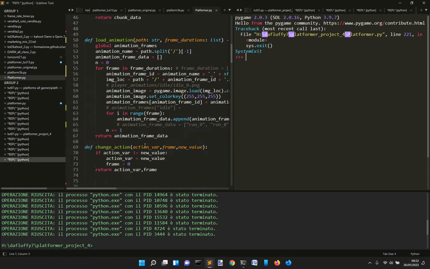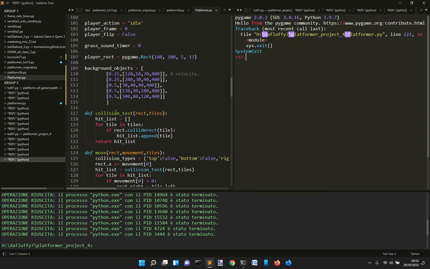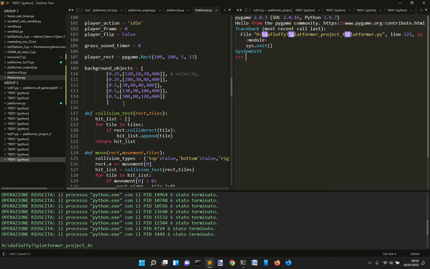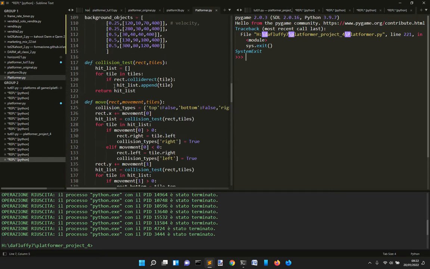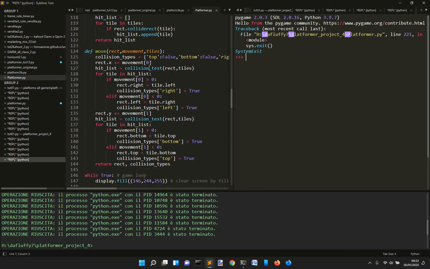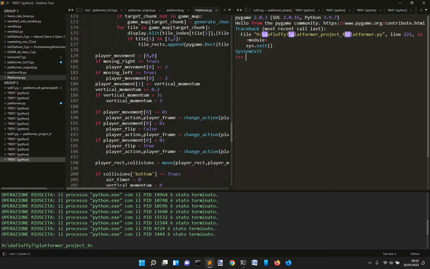Okay, now we are seeing the parallax objects, the 5 parallax objects, and there is also a 6th parallax object. It's not here. And then we have the collision test. We will see it later. The move function here will check if you go on top of a tile so that you don't fall down. And then we have the final